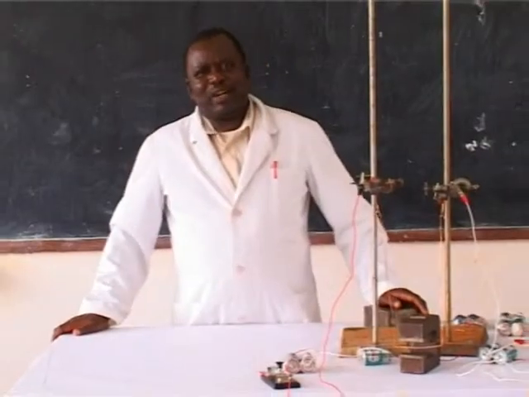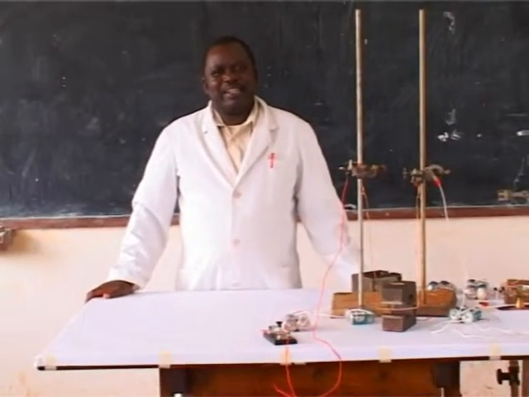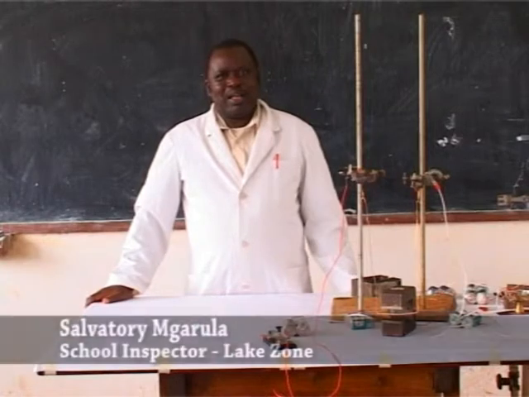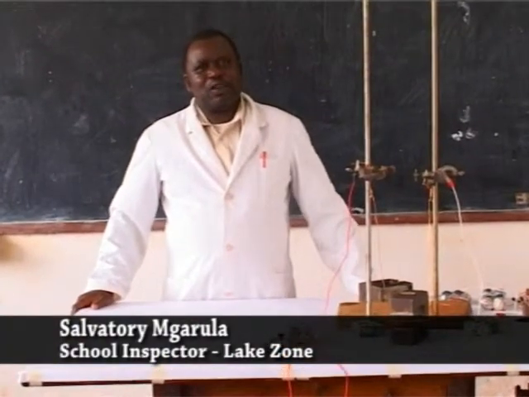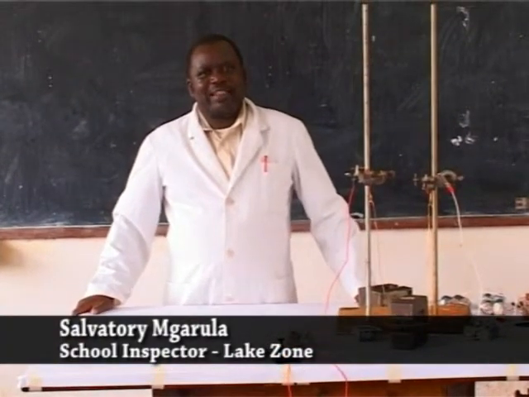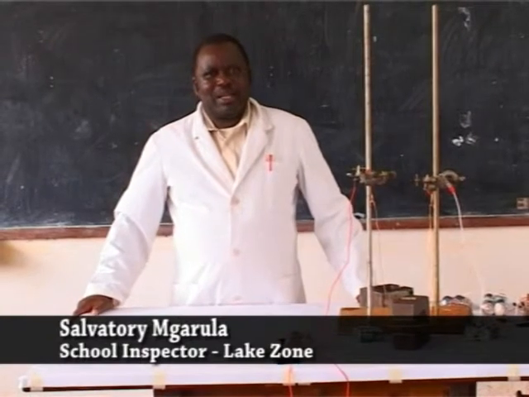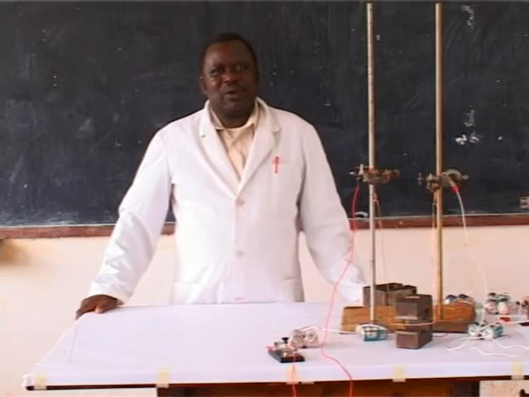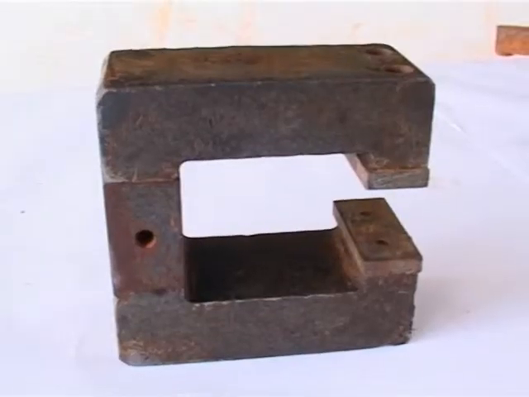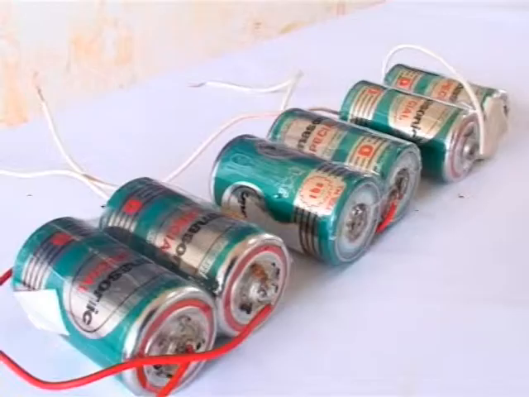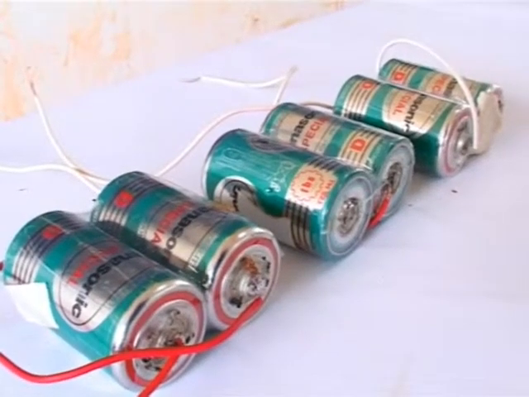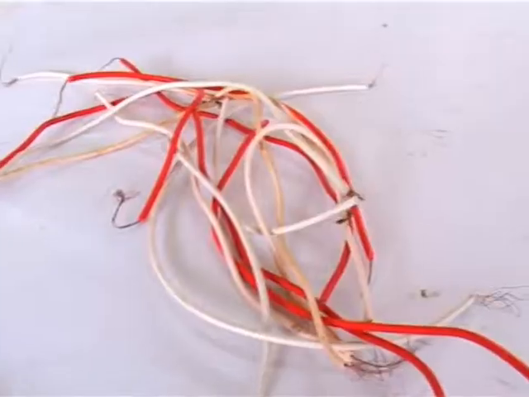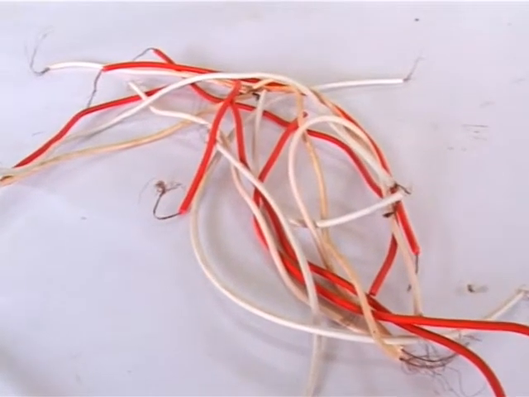When a current-carrying conductor is placed in a magnetic field, it experiences a force. The magnitude of the force depends on the amount of current flowing and the strength of the magnetic field. The aim of this experiment is to investigate the force which a conductor experiences. We require a horseshoe magnet and a source of power. Here we have cells which can produce 9 volts, connecting wires,